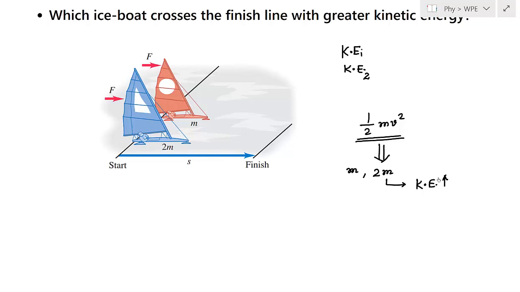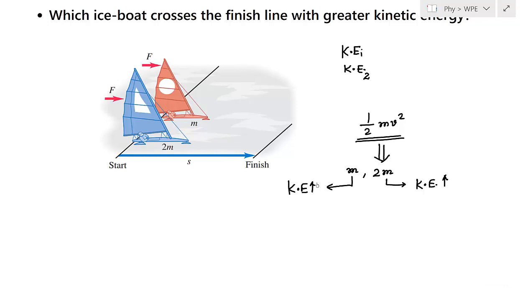it finishes the journey. On the other hand, someone can think that mass m, even though it has a smaller mass, will gain more velocity. Its acceleration will be more because the forces are constant on both sails. If forces are constant, the smaller mass will gain higher acceleration. Higher acceleration means higher velocity. Higher velocity means higher kinetic energy. So one can expect that mass m can have higher kinetic energy because even though its mass is less, it will gain a higher velocity.